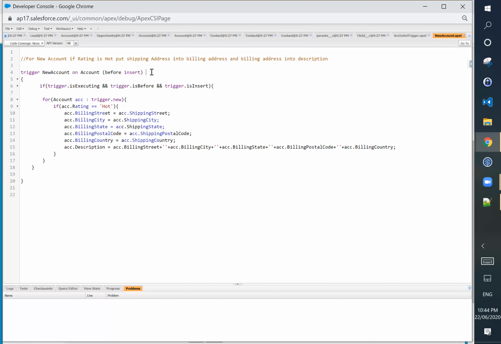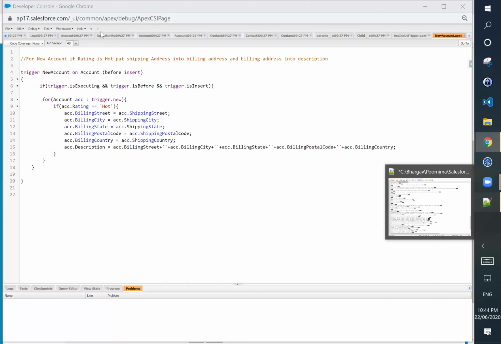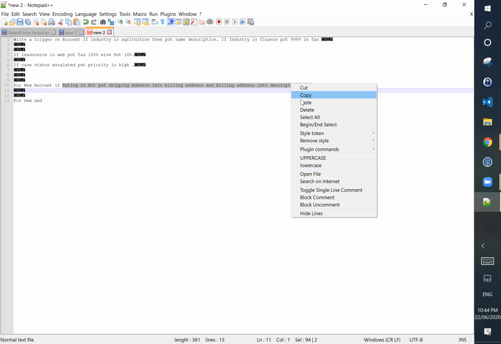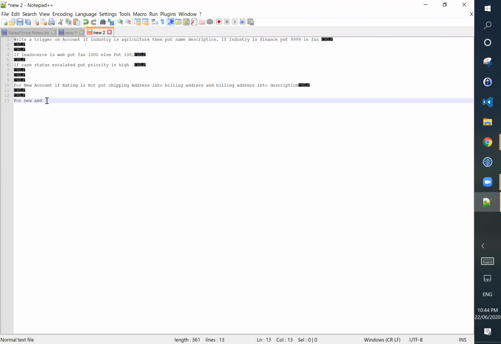Okay, now one task. Abhishek, I know you can do this, but this is for Purnima, Sultan, and Maitri. I'm giving the same code, I'm not making any change here. Now, for the new as well as for the existing, if the rating is hot, put shipping address into billing address.